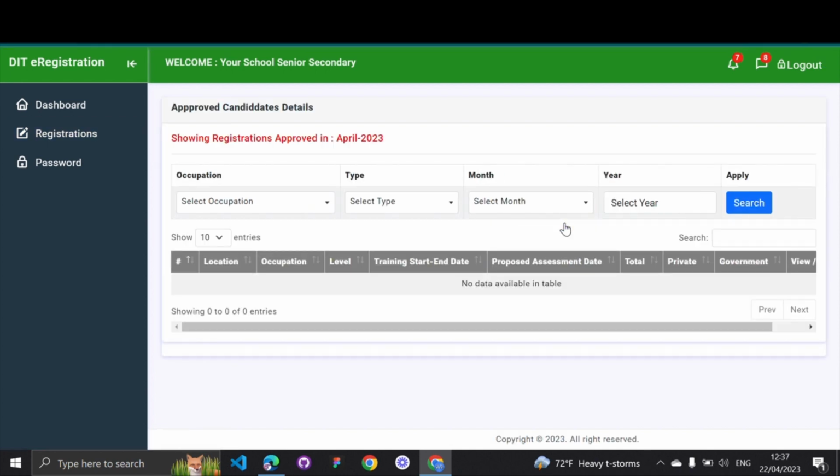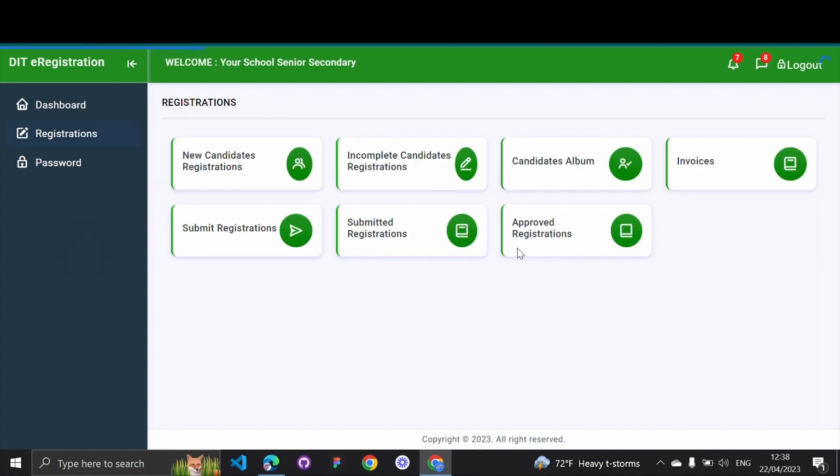So now this is what will appear on your screen. DIT hasn't approved yet, so it will show nothing here. So under approved, DIT may also reject your submission. Maybe if there's an error in your receipt,